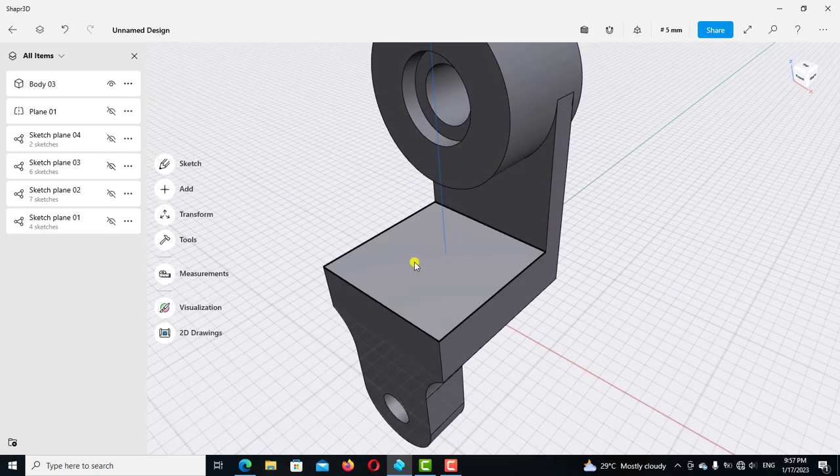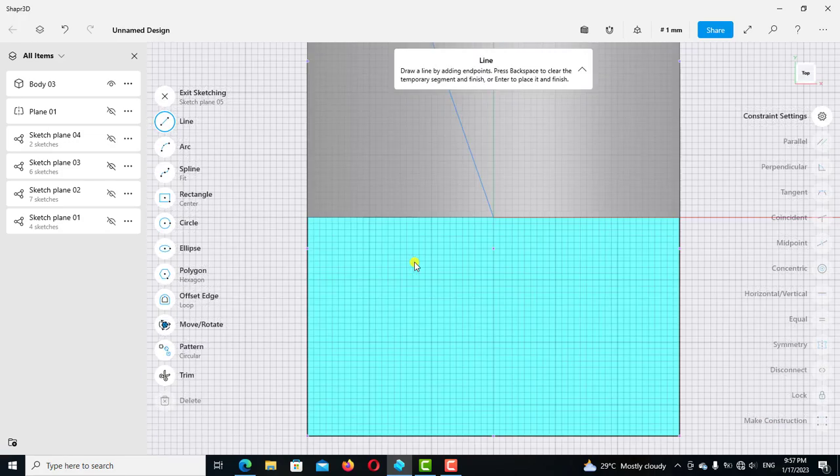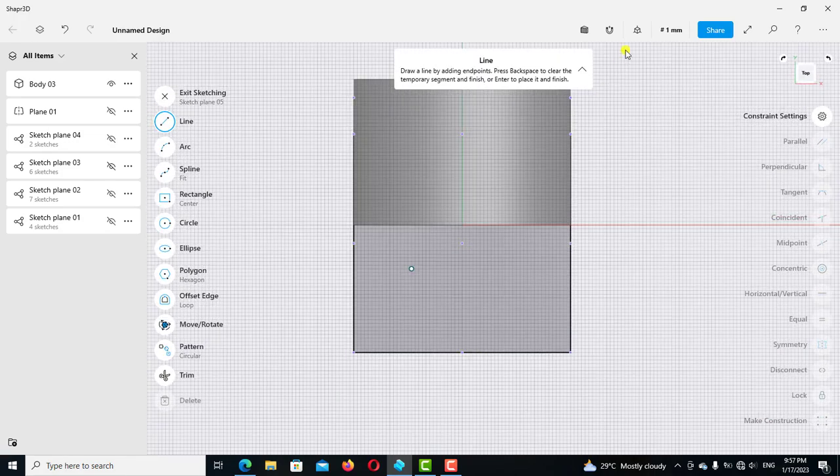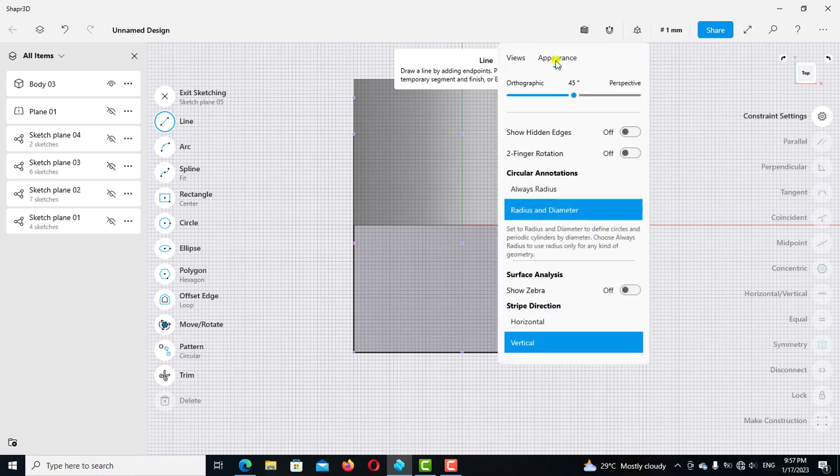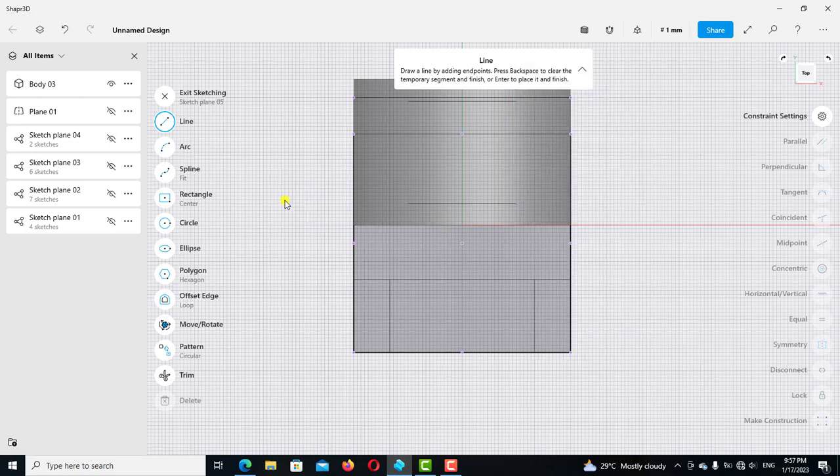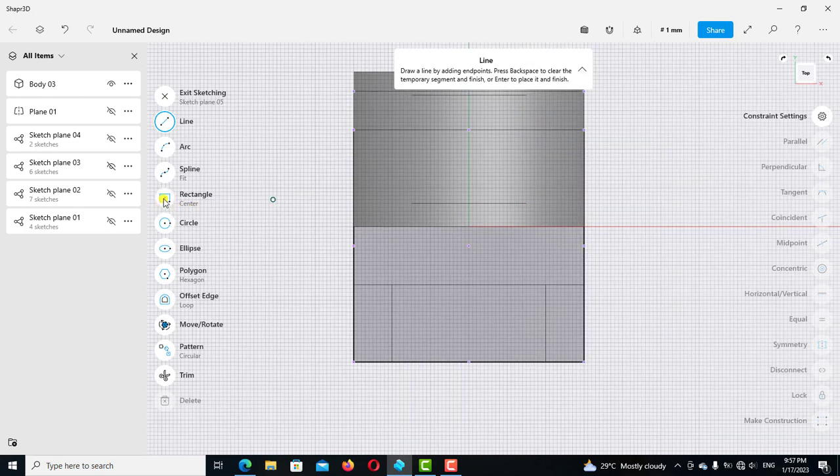Place the mouse on it and double press the space bar to turn on the perspective view, and click this button and click appearance, click to turn on this button, and I'm going to create a rectangle. Click rectangle, set up the center point of the rectangle to the center point of the base and move it up,